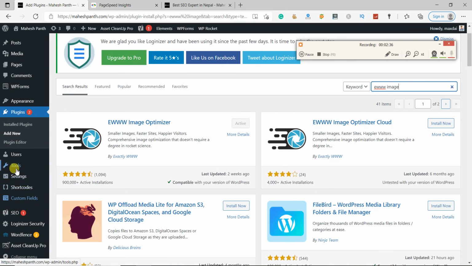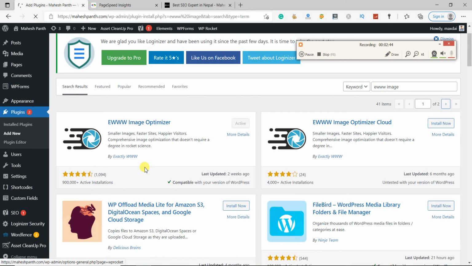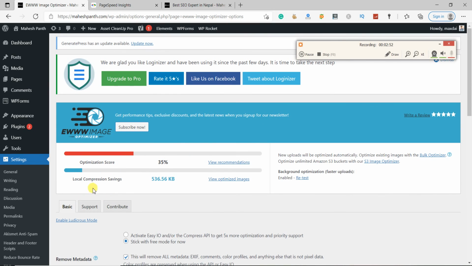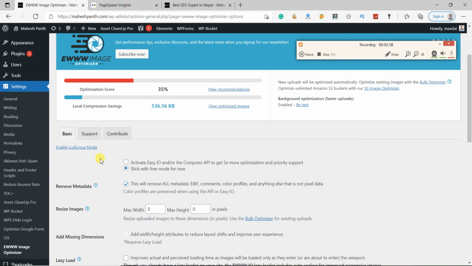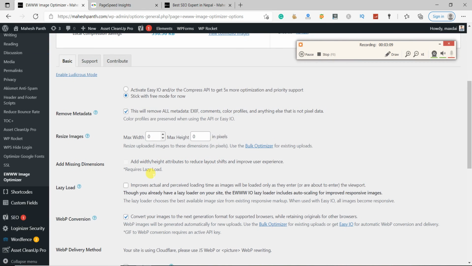Once you do that, you just need to go to settings. Where is it? Here we go. EWWW Image Optimizer. I don't know how to exactly pronounce that. Okay. Here in the settings for the image optimization plugin, you can just stick with the free mode for now, and what you need to check is remove metadata. Let's just not resize images, and you can also enable lazy load if you wish, but